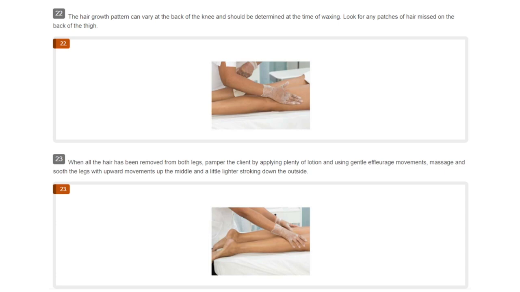23. When all the hair has been removed from both legs, pamper the client by applying plenty of lotion and using gentle effleurage movements. Massage and soothe the legs with upward movements up the middle and a little lighter stroking down